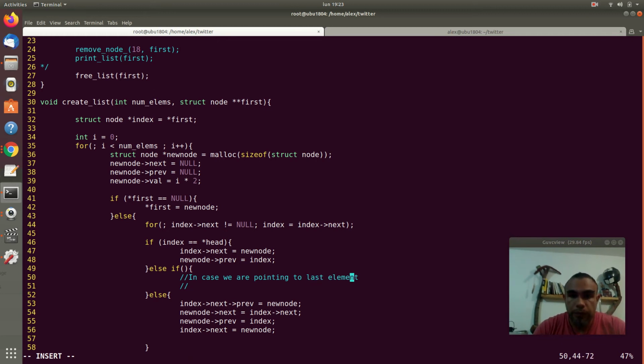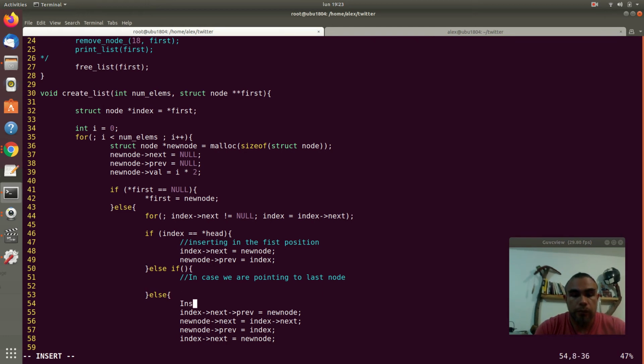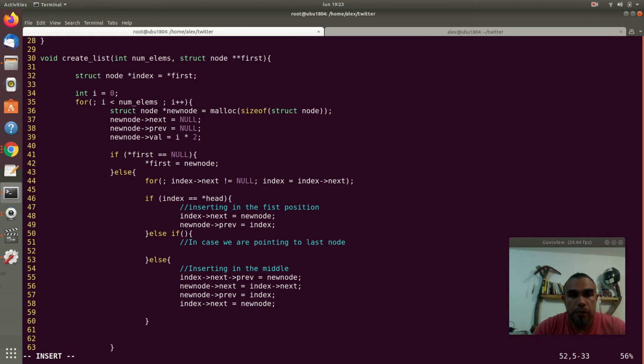Or last node. I say element and node and vice versa, but you know what I mean. As a comment, in the first position, inserting, and here. Okay, we're good there. So in case it is the last node and the index is in the last node, then we're gonna say that